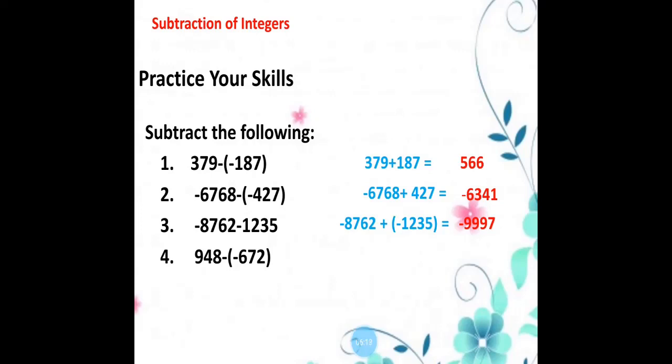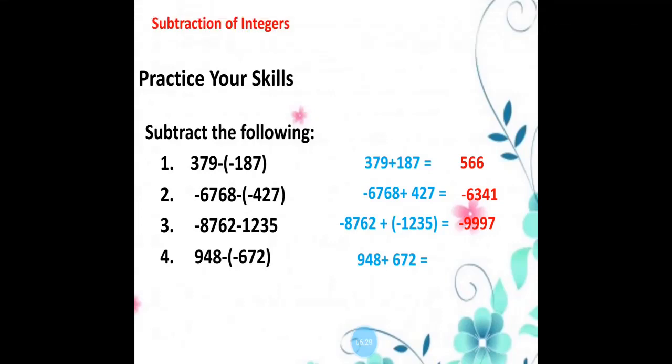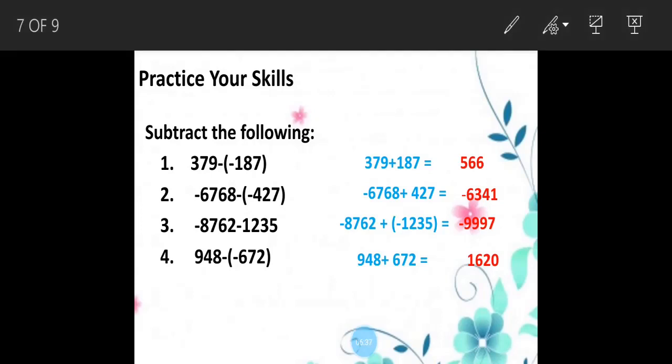948 minus negative 672. So that is 948 plus the opposite of negative 672 is positive 672. Same sign, add and keep. So the correct answer is 1,620. And the last one is